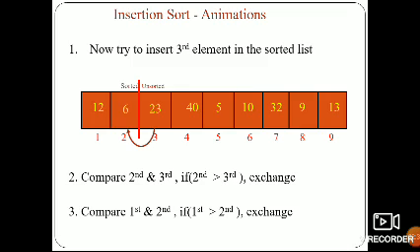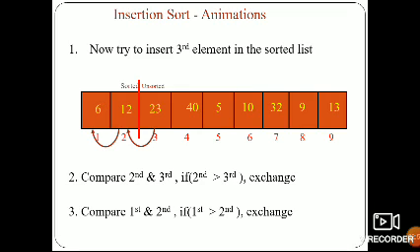So while sorting, we have to sort till the left end, until the first element is sorted. So 1 and 2, if 1 is greater than 2, exchange. Exchange 6 and 12.